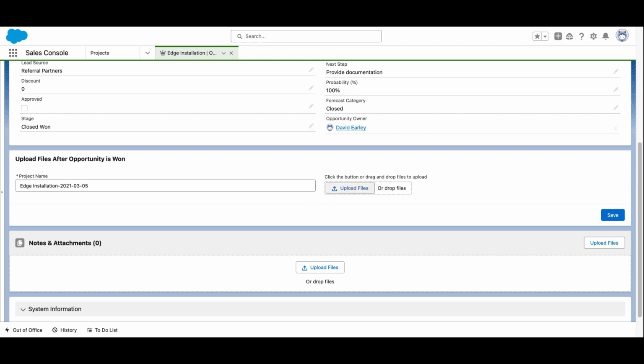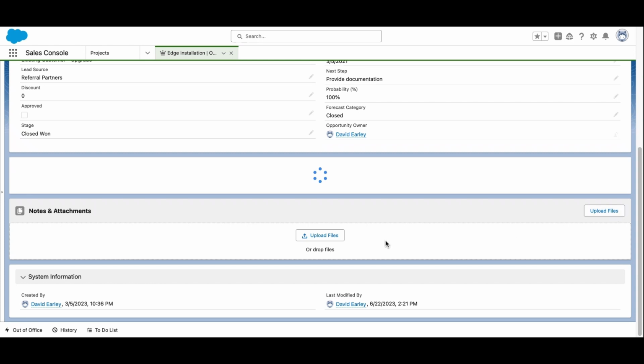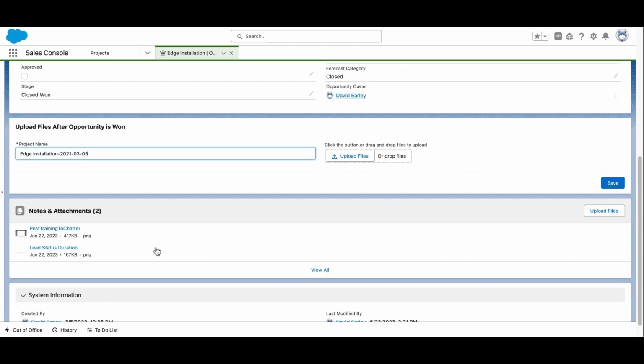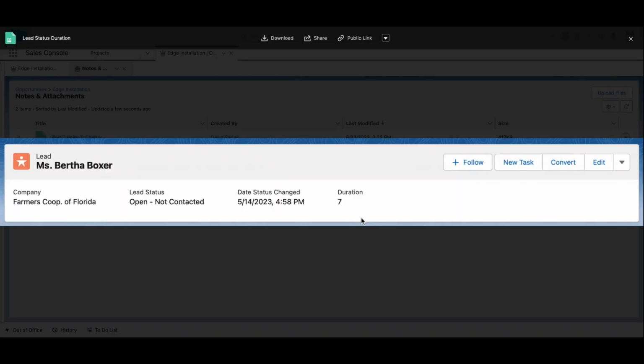You can do more than one here. I don't want that many. There we go. So I'll just do 2. Click done, click save, and just like that, the flow has ran. Here are both files that have been put into the notes and attachments related list. Email has been sent, and a project record has been created, all in a couple of seconds. You can view your files in here,